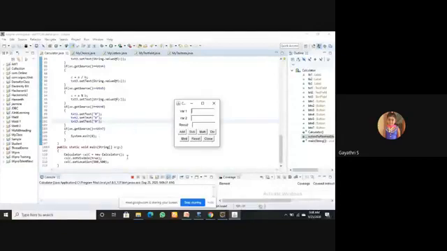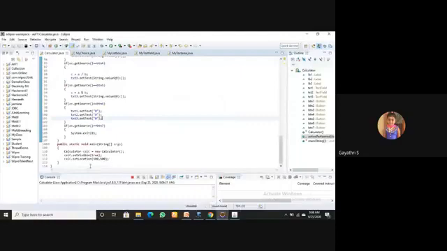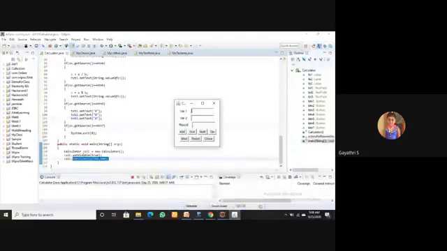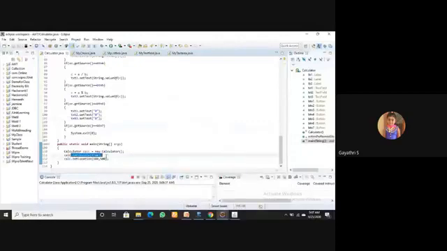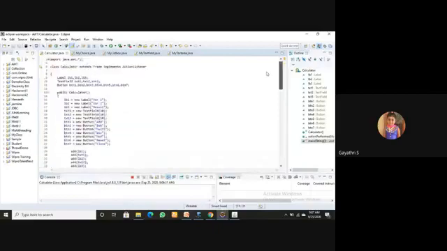And the final thing, as usual, you have to create the object for your class. Then set visible to true and set location. The location as well as visible true, only then can your frame be visible to the user. Okay, this is the code for very simple basic arithmetic operations using a calculator.